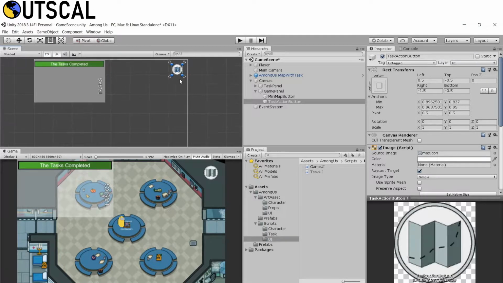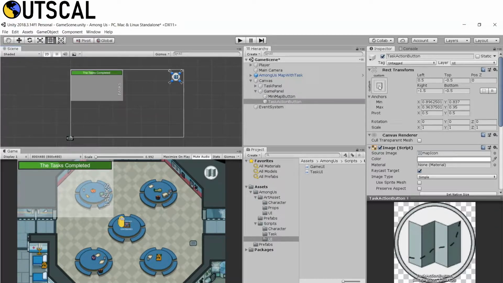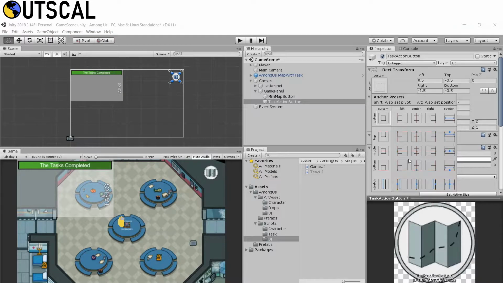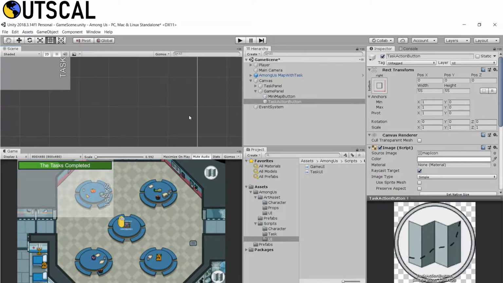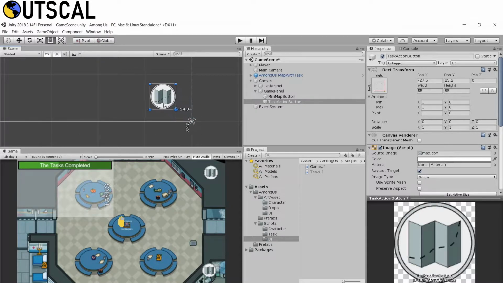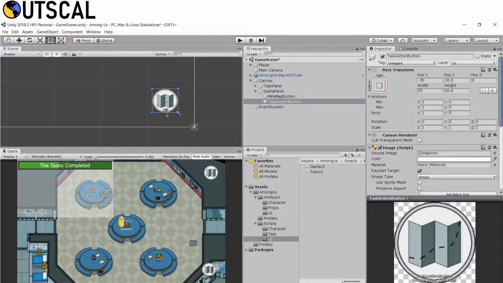Okay, let's do one thing. Select this one, holding shift and alt key, select this bottom right. Okay, cool. Now I can just drag it here. Let's make the anchor.